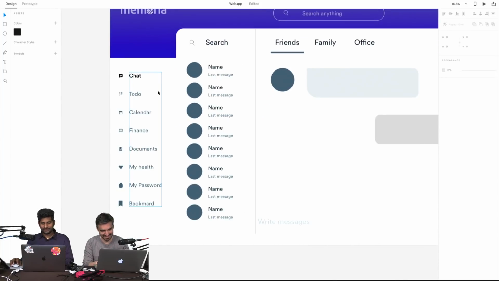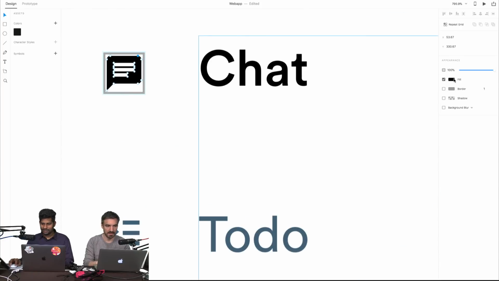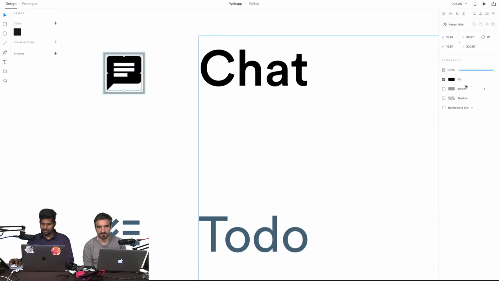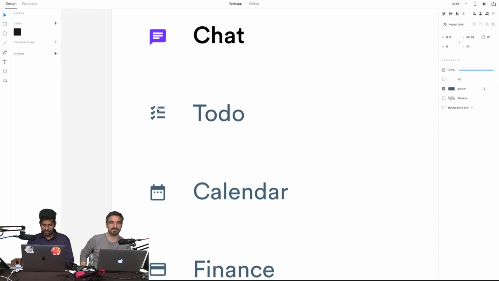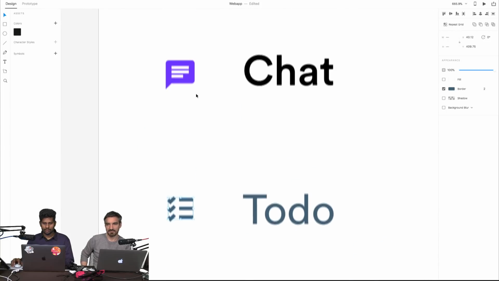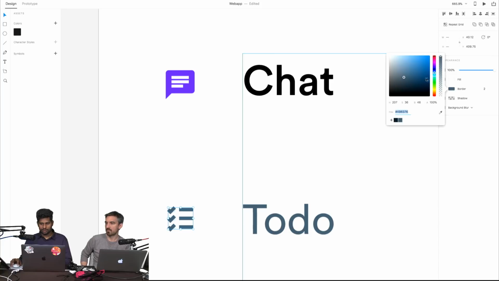So I'm going to make the icons colorful too. Everything colorful. Since it's a personal app and our user is a young guy, we can make it colorful. While selecting the colors, we have to make sure that all colors are in the same hue area. Some colors will be so bright, some so dark, so while selecting icons, we have to make sure all colors are in the same hue.